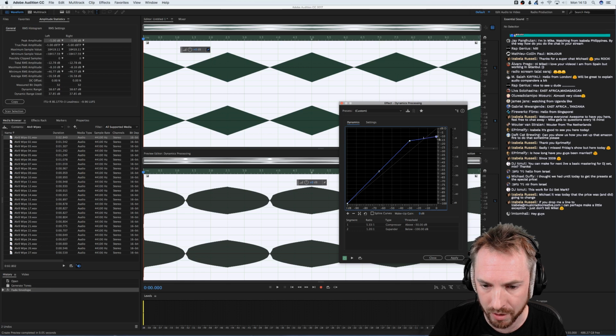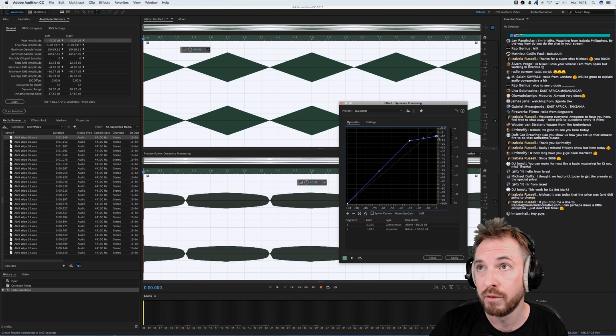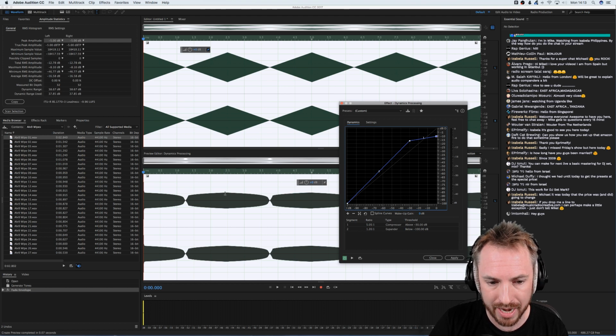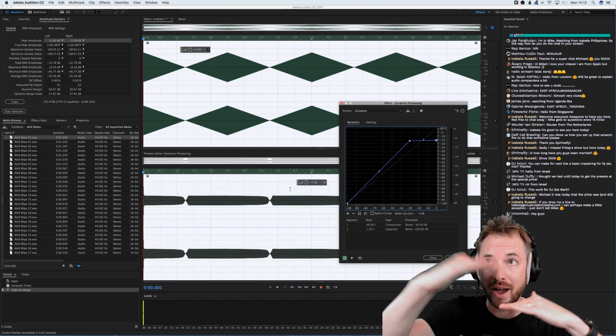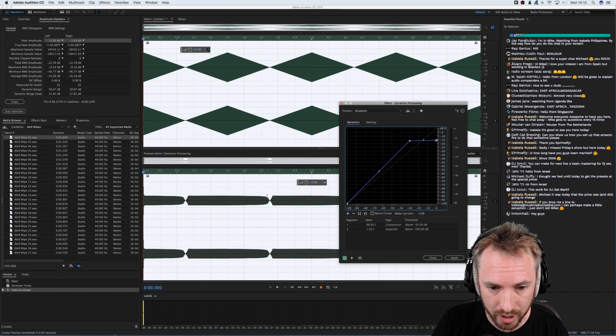I wouldn't advise going anywhere really above 5:1 for normal purposes. As you can see, that's very compressed. It has literally taken that audio that has peaked above minus 30 and pushed it right down. And if I go right the way down to a silly ratio of 48:1, you'll see it goes almost flat line. It's like flat lining the audio, and it's also increasing the amplitude, as you can see here on the quieter bits. So when we play back the preview,